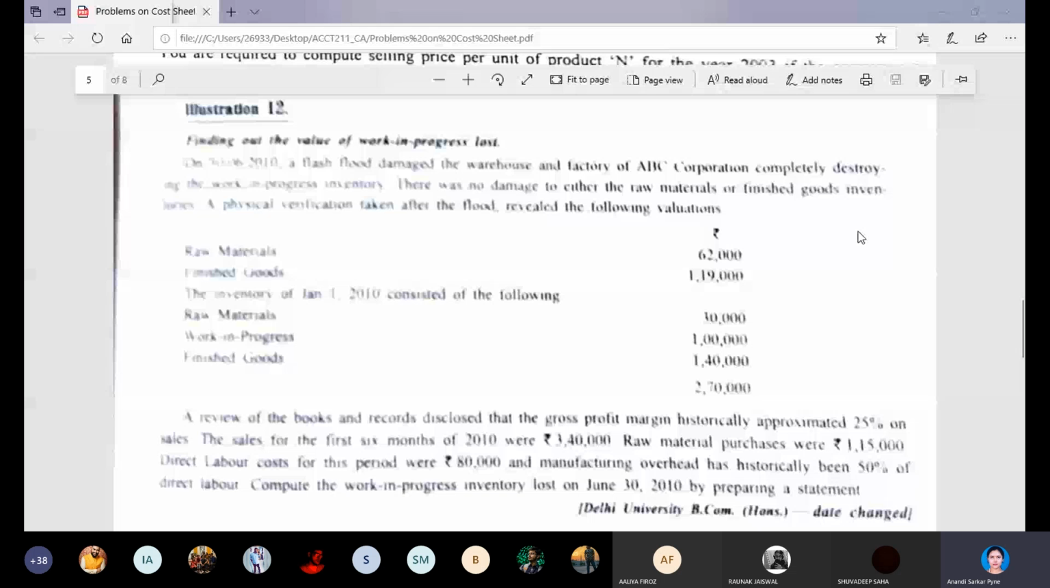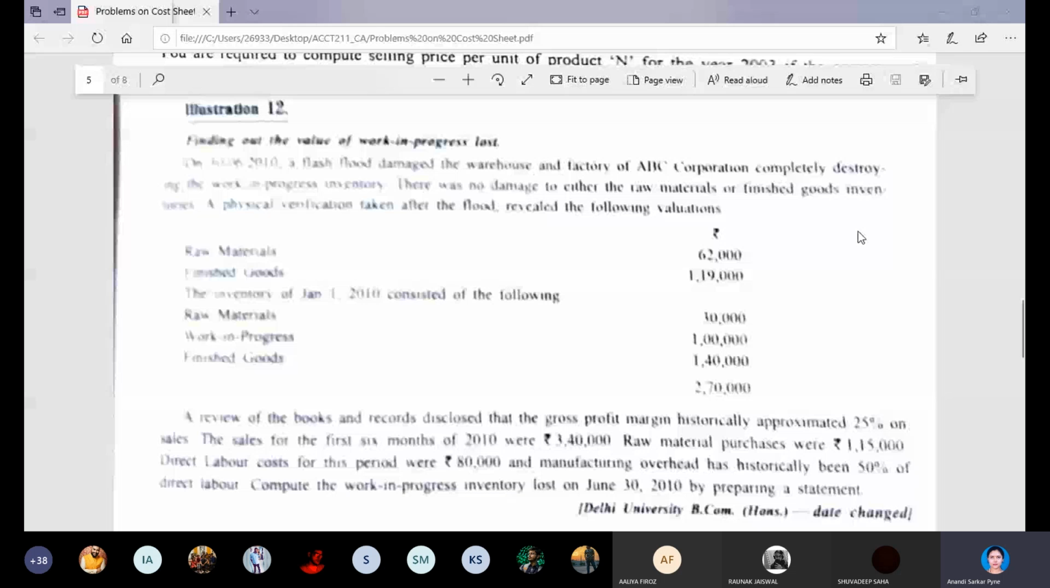Compute the work in progress inventory lost on 30th June 2010 by preparing a statement. Okay, so we have to prepare a statement for 30th June 2010 and not December. We have 6 months in hand, right? So considering that,